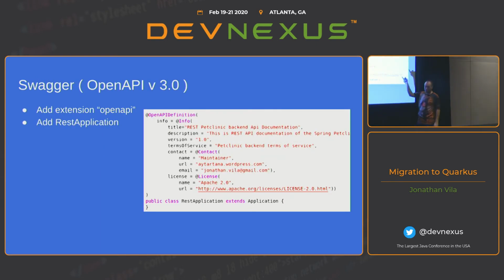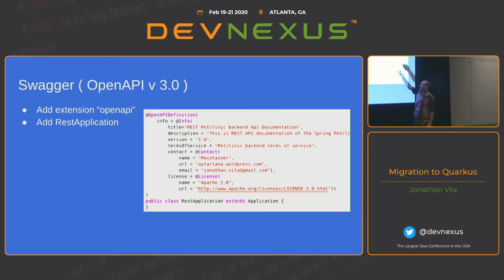For Swagger, it's only a matter of adding the extension OpenAPI. You know that OpenAPI is in fact Swagger version 3. And if you want to configure this general information for your API, you will create a class that extends the REST application.